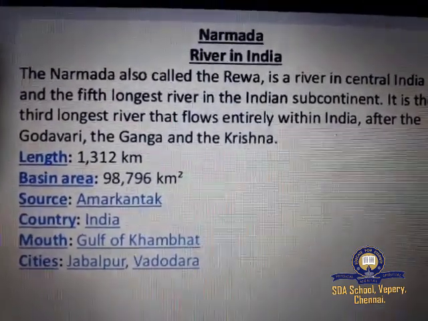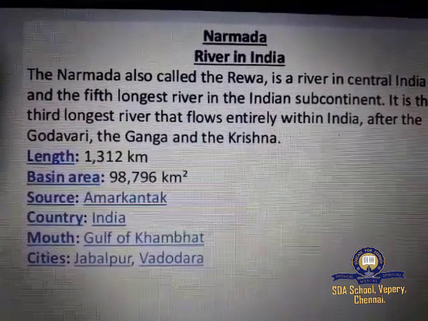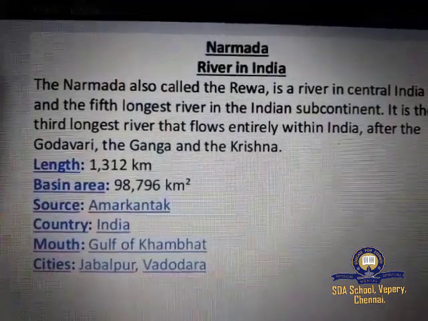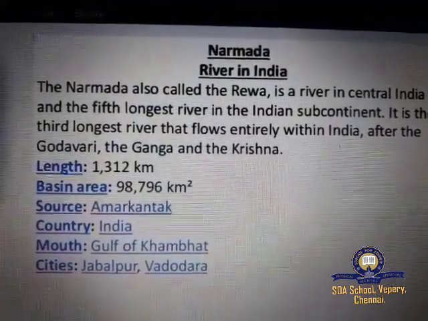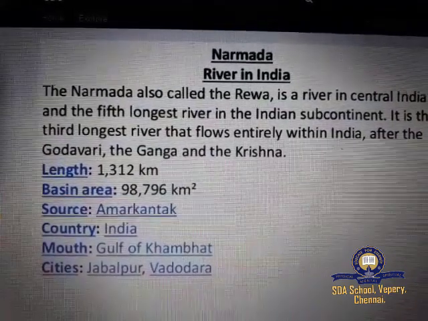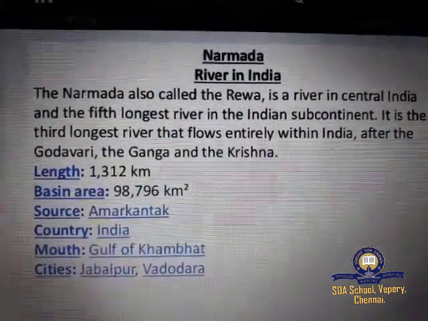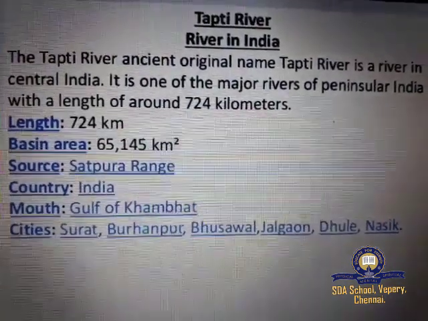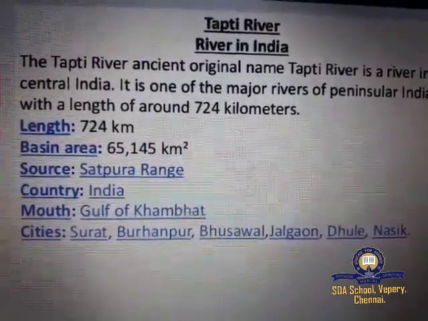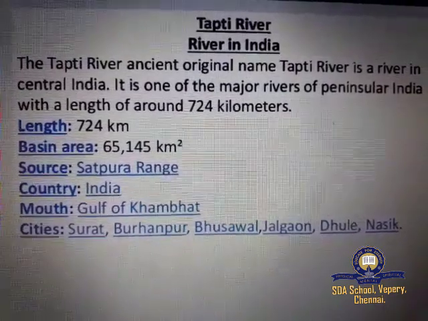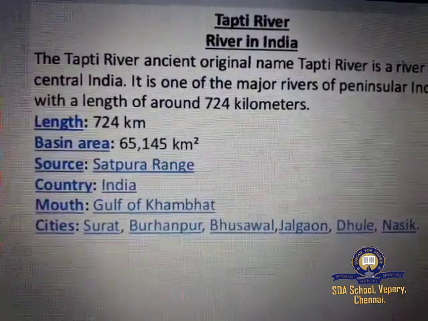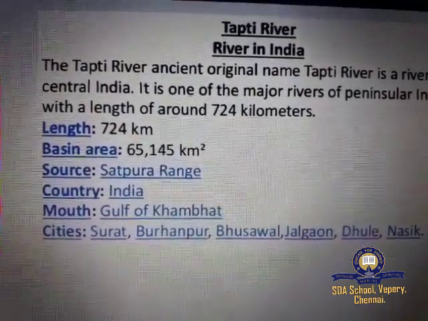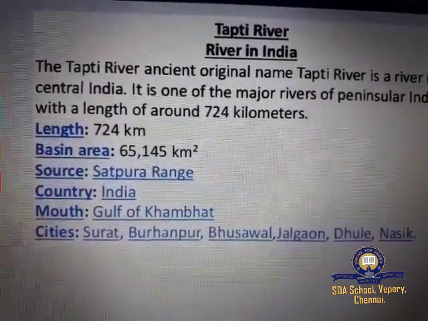Narmada. This river rises in Amarkantak Plateau in Madhya Pradesh. It is the largest among the west flowing rivers of peninsular India. Its principal tributaries are Burhner, Halon, Hiran, Barna and Kolar. Tapti is one of the major rivers of peninsular India. Tapti River rises near Multai in the Betul district of Madhya Pradesh. It outfalls into the Arabian Sea through the Gulf of Cambay.